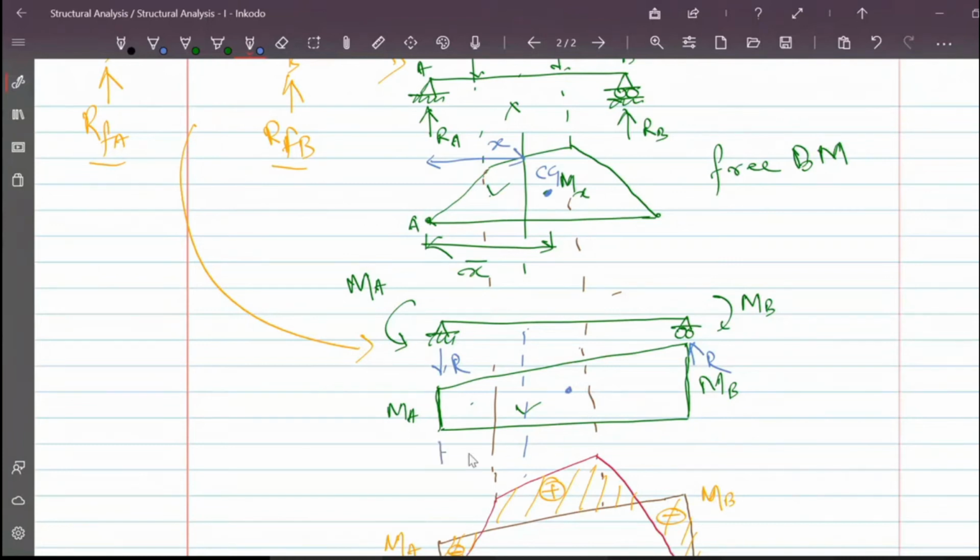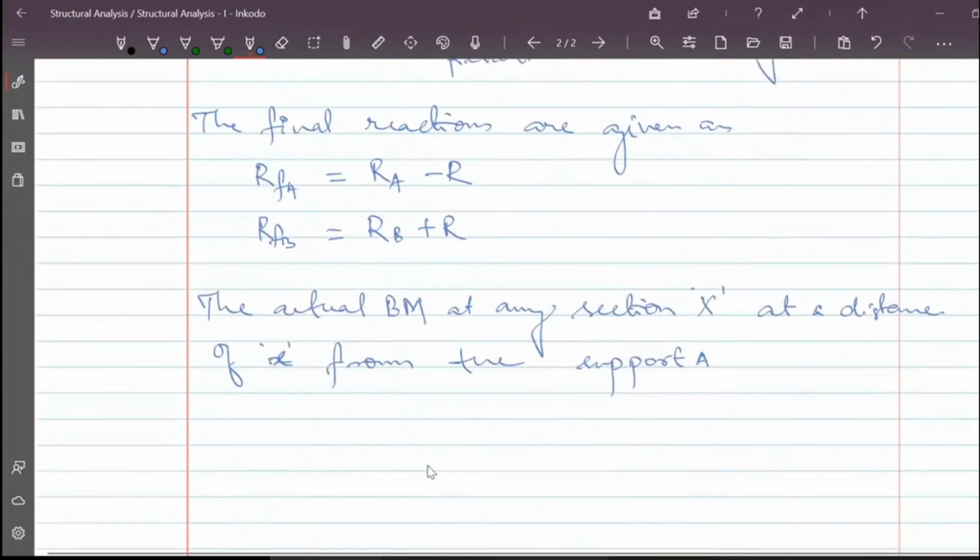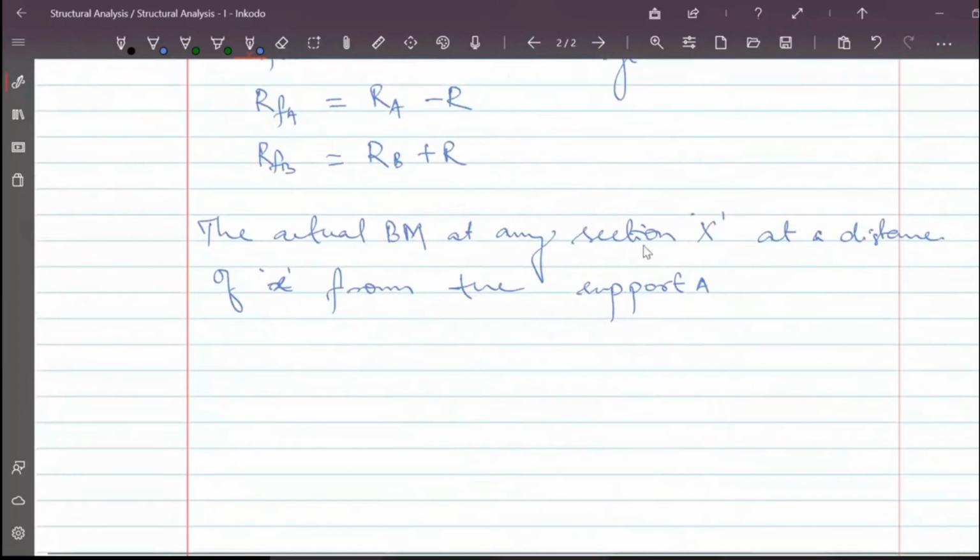So this is the CG of this fixed bending moment diagram, at a distance of x bar dash. Okay, so the actual bending moment at any section x at a distance of x from the support A is given by